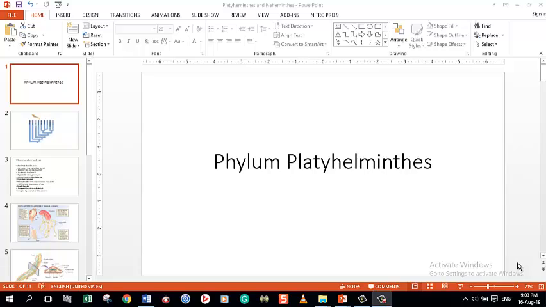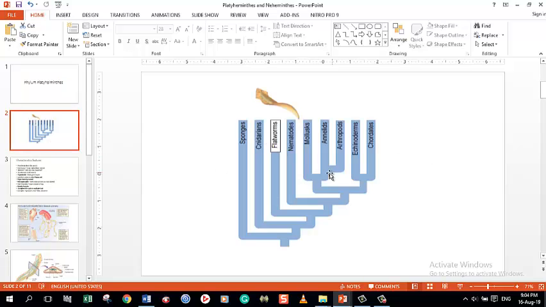Hello everybody. Today we are going to discuss two phyla, that is Platyhelminthes and Nemathelminthes. I'll begin with the Platyhelminthes. Right after the phylum Coelenterata, the phylum Platyhelminthes comes, and if you look at this flow chart, you are going to see sponges, then cnidarians, and the flatworms. These flatworms are also known as